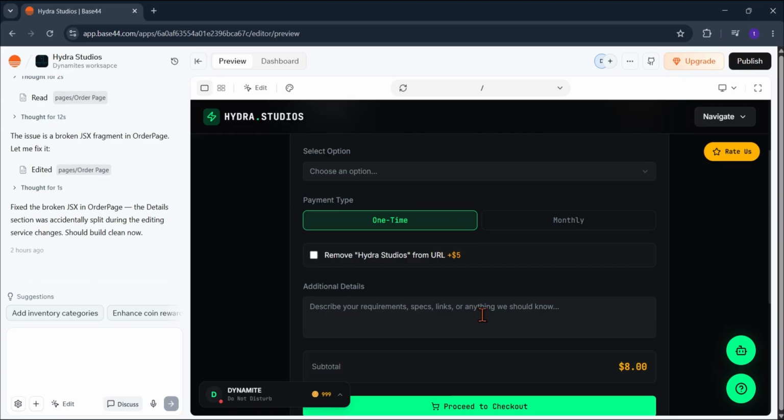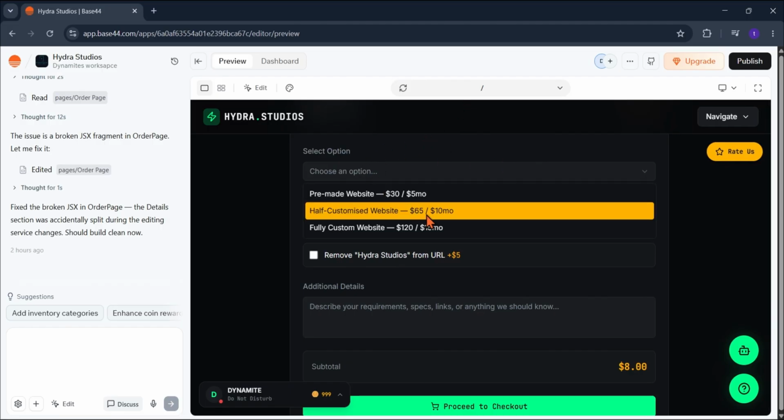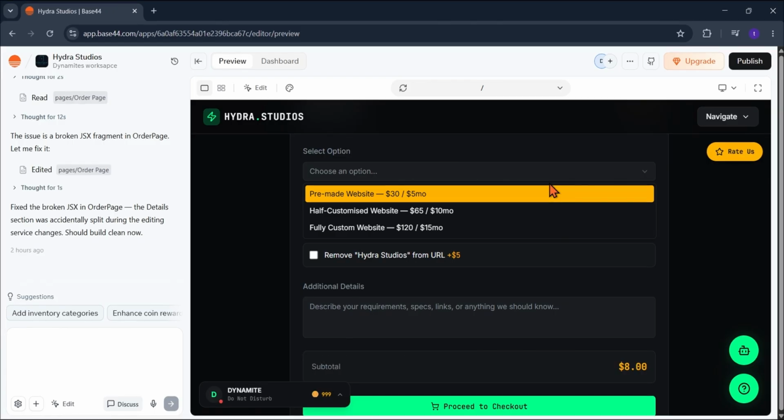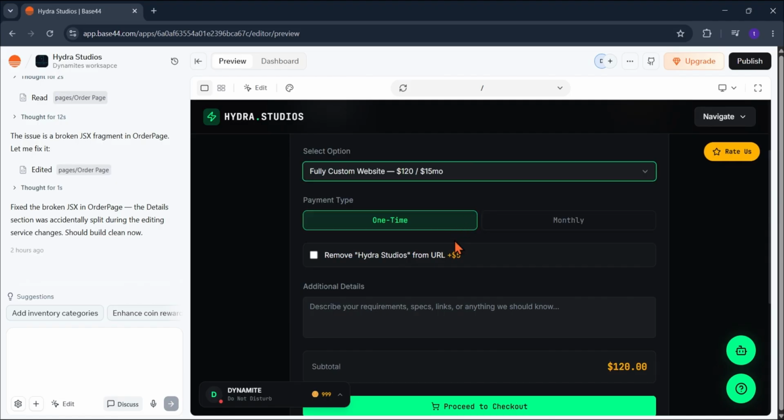websites, ta-da. Okay, so this is how it's gonna work. You select an option, okay? For pre-made website, you pay $30 plus $5 a month. Wait. You pay $5 a month, I'm pretty sure. Then $10, then $15. So for example, you want this one. Then for extra 5 from the URL, Hydra Studios from the URL. So it's gonna say the URL, for example, it's gonna say